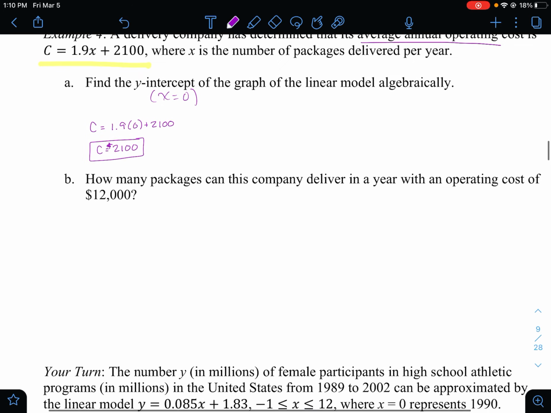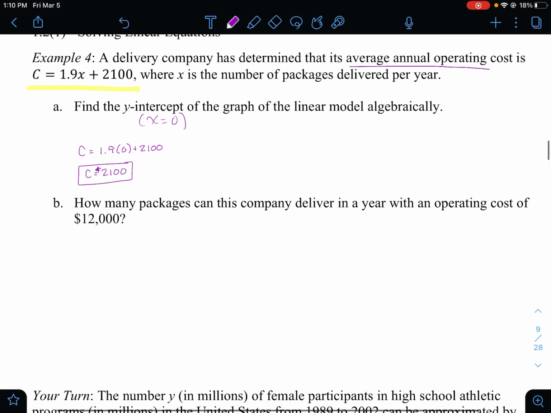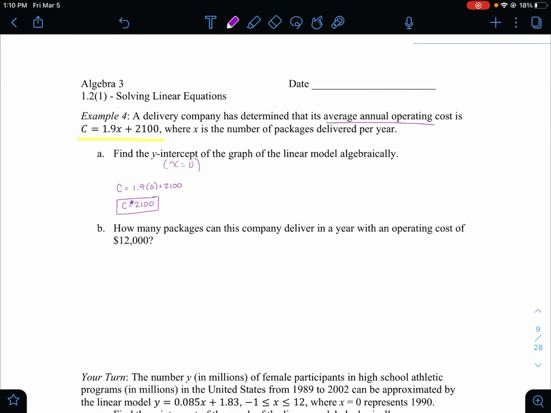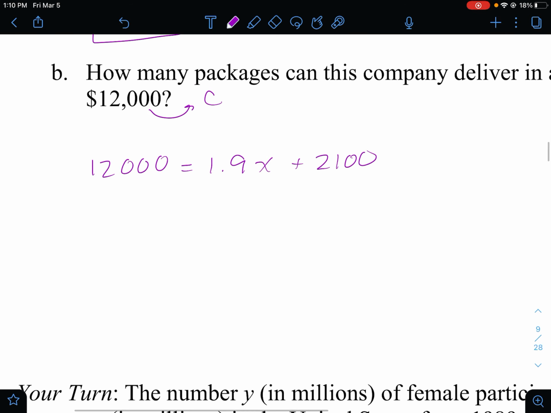Okay. So part B says, how many packages can this company deliver in a year with an operating cost of $12,000? So it says their operating cost. So that's our C value. So that means I'm going to have 12,000 equals 1.9x plus 2,100. All right, so now I'm going to subtract 2,100 from both sides. I get 9,900 equals 1.9x. Divide both sides by 1.9, and we get that x is approximately